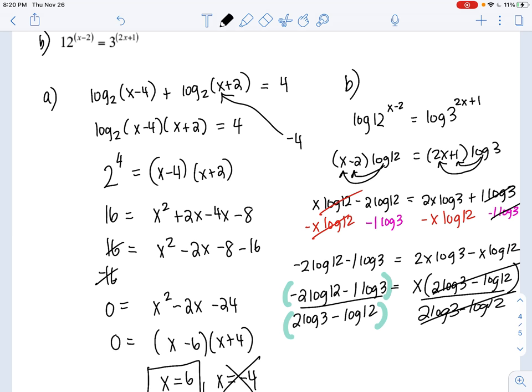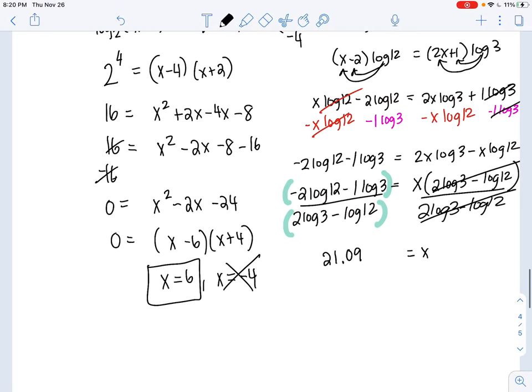You don't have to put the 1 in front of it because it doesn't change its value. And then bracket, when I divide, bracket 2 log 3. Always close your brackets after you do those 3s and 12s, minus log 12. Close your bracket, close your double bracket, and then you should be getting that x is equal to